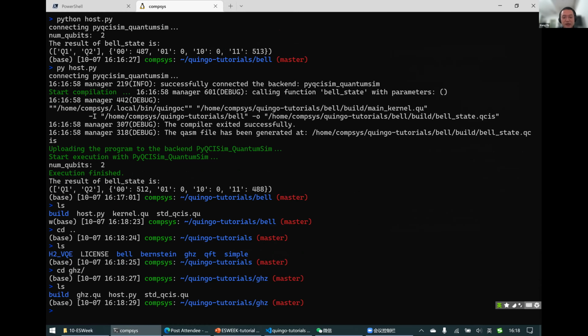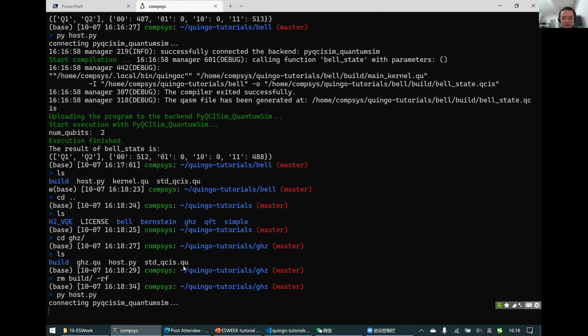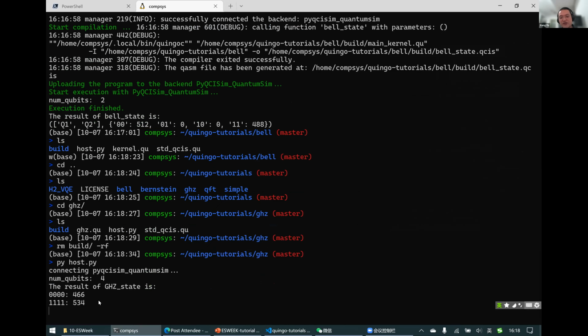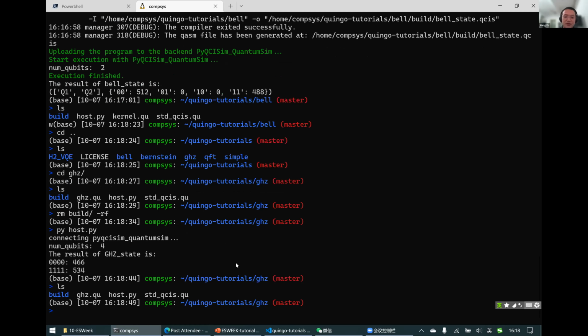So first, execute it, and then it connects to the backend, starts quantum compilation, generates the instructions, uploads it and executes it, and then returns the result. And here, it generates a build directory.